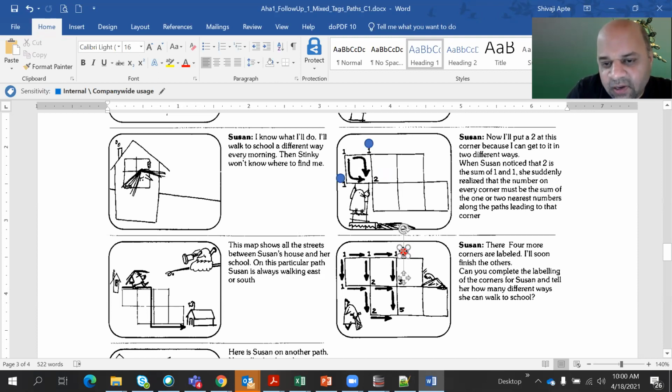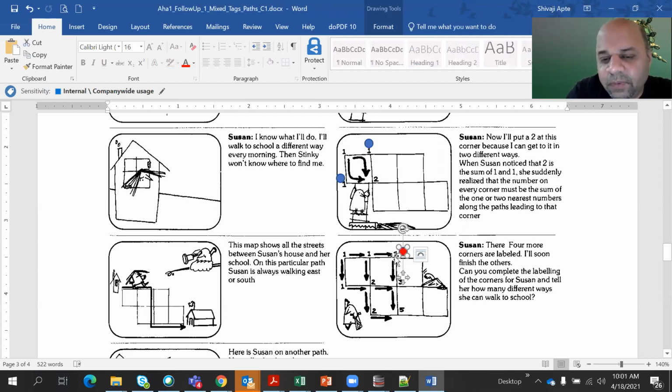Let us put what we want to calculate here. Now this junction she could have reached here only from the left side. Okay, she could not have reached from anywhere else. So she's just taking forward the 1 which is there. So 1 is becoming 1 here. But when you come to this corner here, now she could have reached from the left, which has got a value 2, and she could have reached from the top, which has got a value 1. So how much does she put? She puts the value 3 there. Okay, she puts the value 2 plus 1 equal to 3. Got it? Because there are 3 ways that she could have reached it.